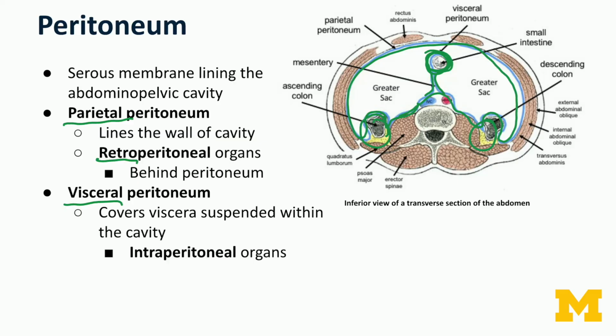And that peritoneal cavity is just the space between the parietal and visceral peritoneum. And it's in this space that we have a little bit of peritoneal fluid, usually 3 to 6 tablespoons worth of material. So it's not chock full of fluid, just enough fluid to keep everything moist and well lubricated so that there's no friction